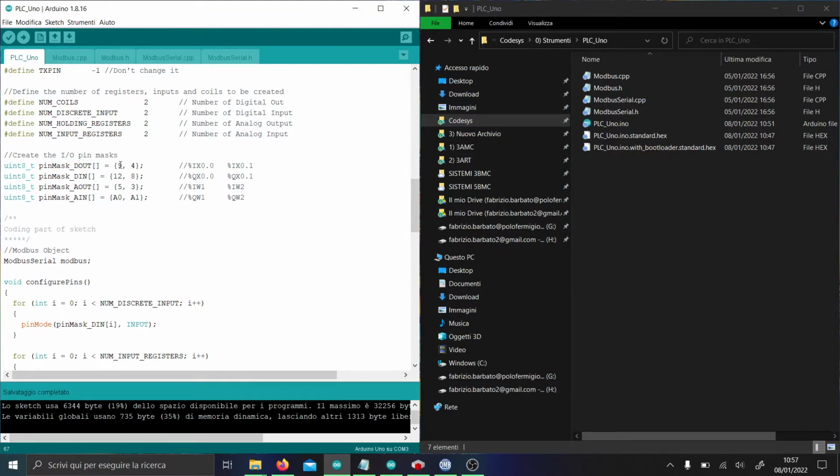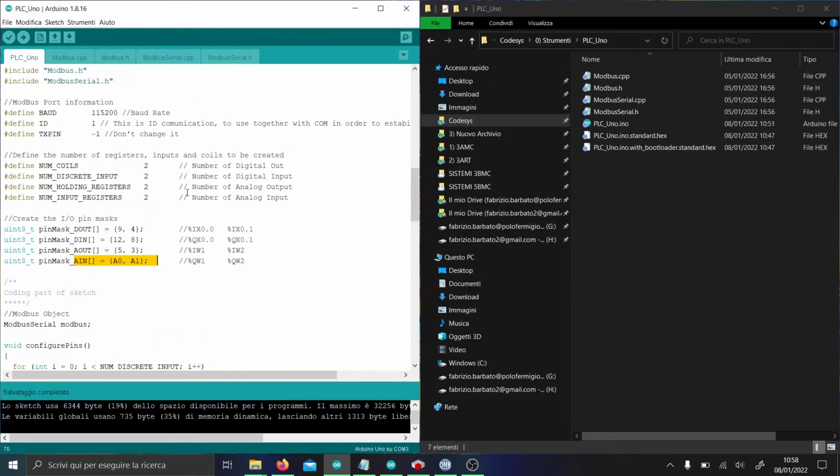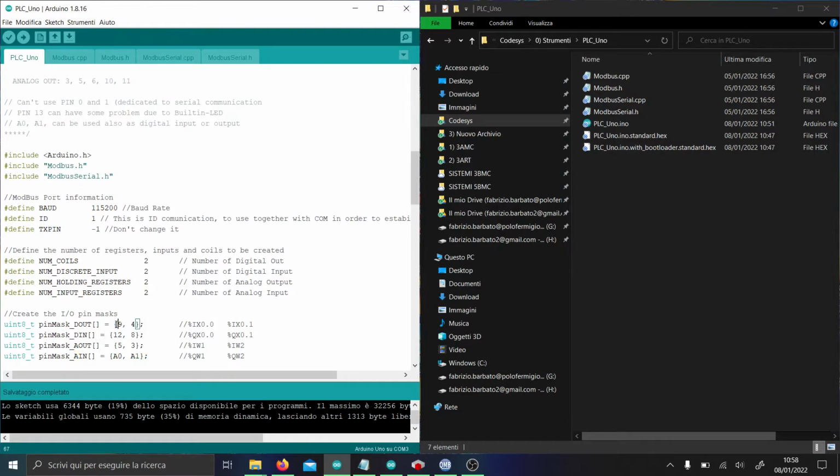So we have on pins 9 and 4 two digital outputs, typical LED with a 330 ohm resistor. We also have digital inputs, typical button with pull down, and then we have an analog output and analog input. And then we can find the possible values we can use